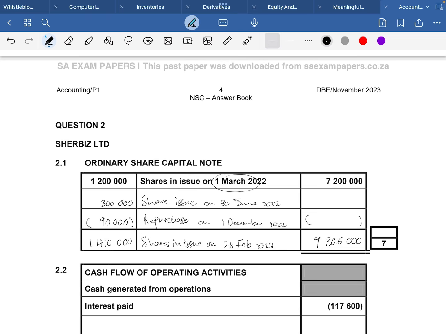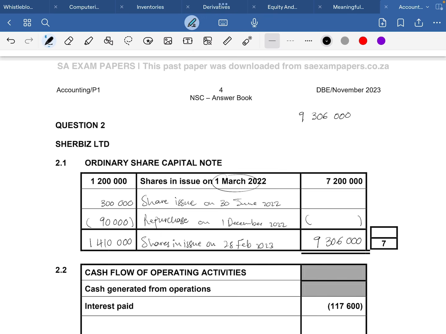Okay, so like I said, one of these two figures could be a balancing figure, so we just need to work on one figure, but we have most information on our repurchased shares. They said it's 90,000 and it was at 80 cents above our average share price. Okay, so our average share price here is the same as saying